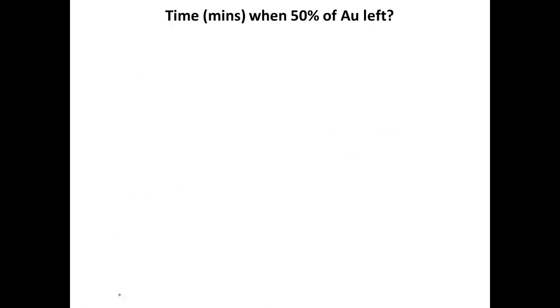Now we can start to think about answering the two questions we were given initially. The time in minutes when 50% of the gold is left. And you want to think of this in terms of the distance of that elutriator. It was 550 centimeters. 50% of the gold then would travel half that value, or